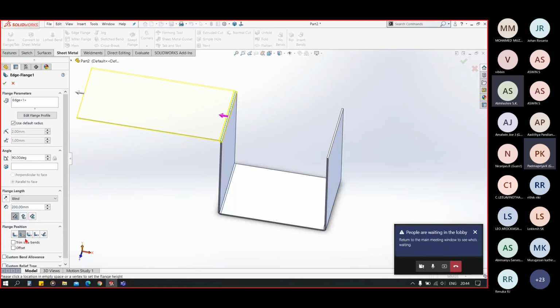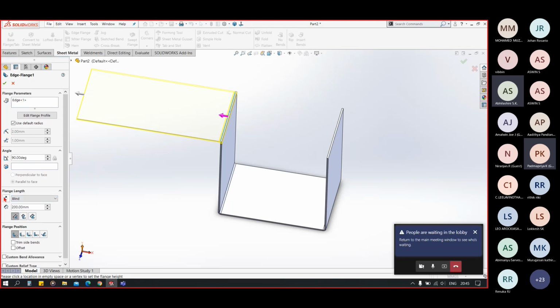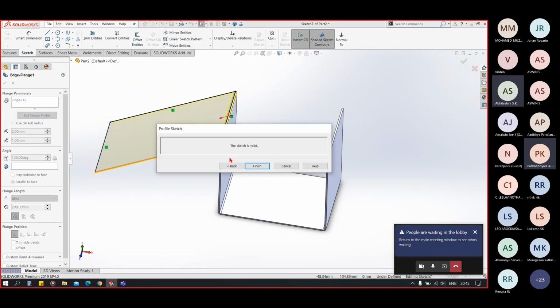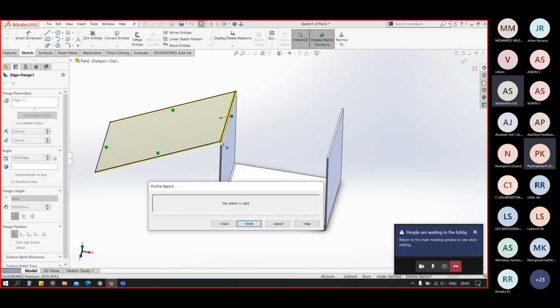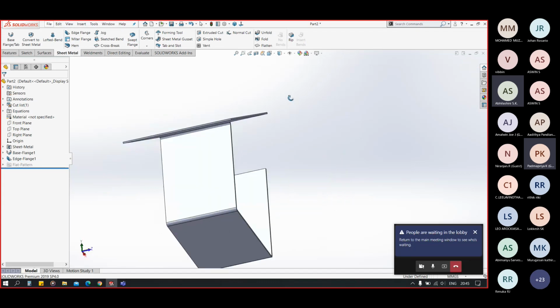We have some positional changes here according to its bending position on the sheet, and we have some other options for changing the direction and the angle like this in the edge flange. We can also change the edge flange profile using the edit flange profile option. Now you can see we can change the profile of our base flange also.